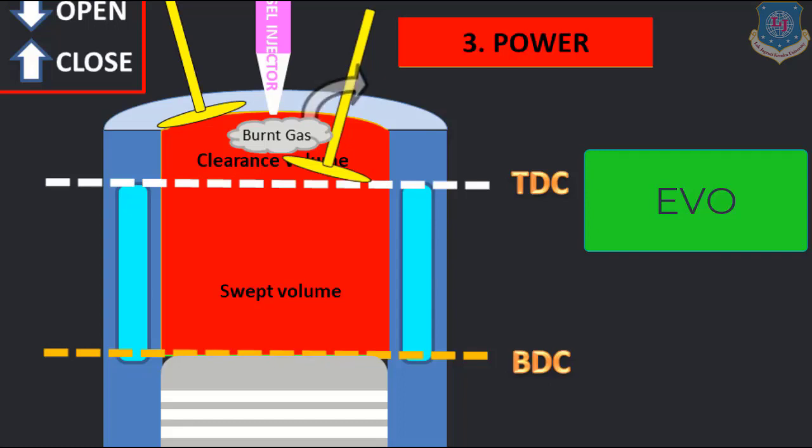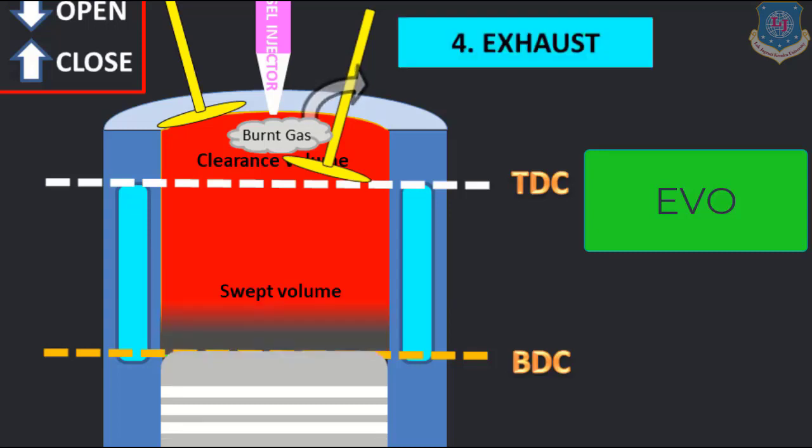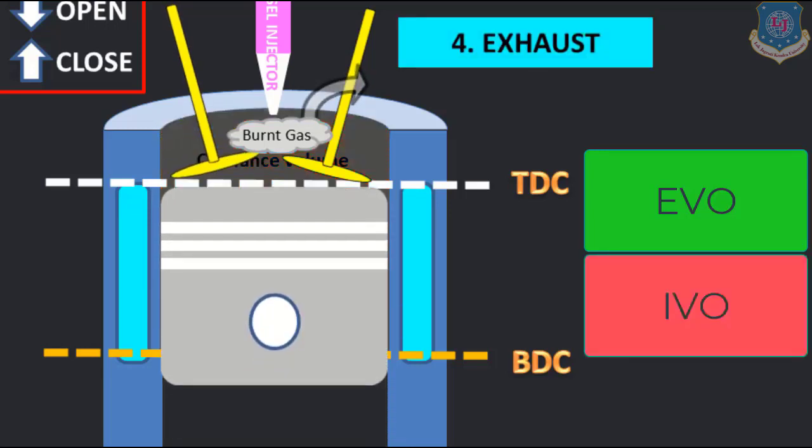Now the piston is at BDC and moves again from BDC to TDC, and all the exhaust gases already formed go outside of the engine, so we keep the exhaust valve open. If you know the petrol engine diagram, you can clearly understand this. It is the same as petrol: the exhaust, inlet, compression and power are all the same, with only two changes. In the inlet we take in air and we inject fuel. Now the exhaust is done and all the burnt gases go outside.